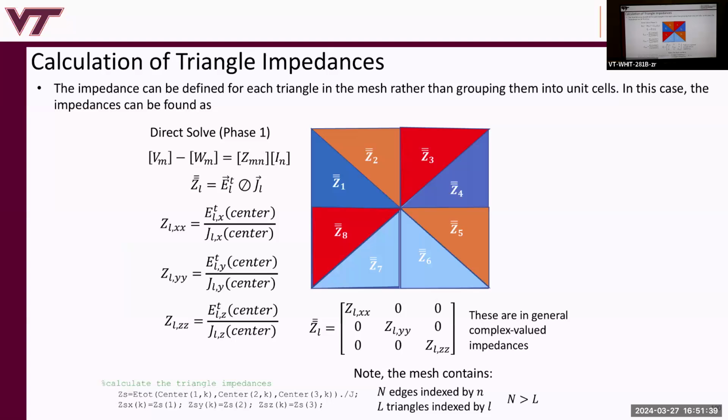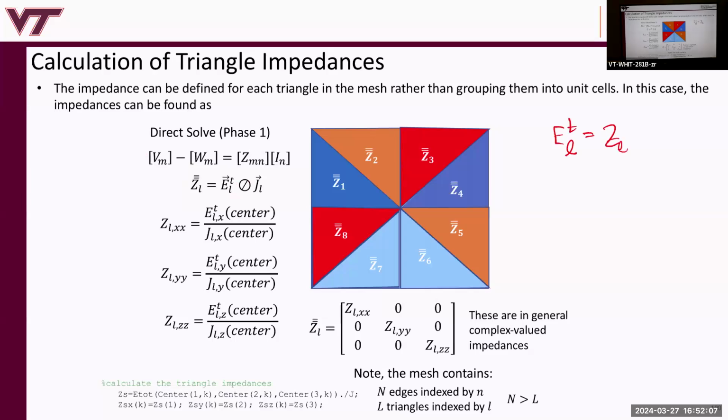So we solve by stipulating the total field, right? Then we need to calculate the impedances. Well, we know what the stipulated total field is. We just calculated the induced current density by solving this matrix equation. We can then find the Z's by going back to the boundary condition, which is E total. There's the Lth triangle. That's what this index L means. There are L total triangles. The Lth triangle, the impedance is